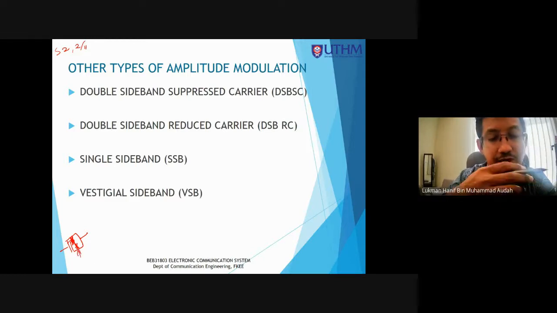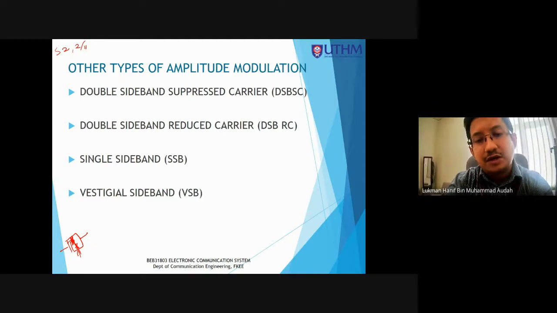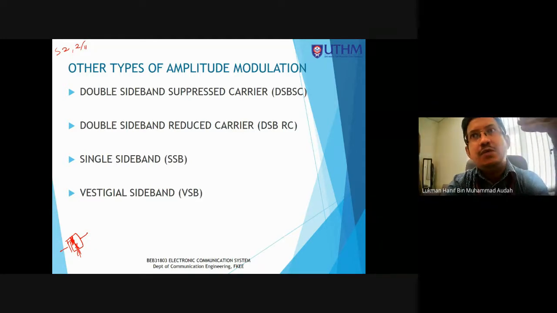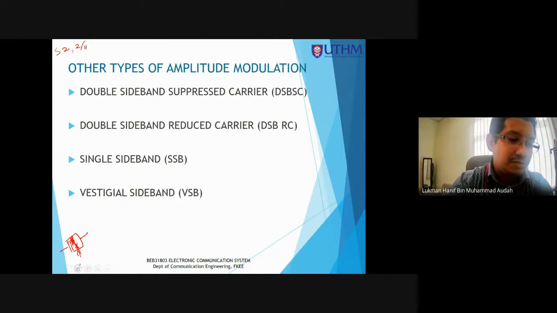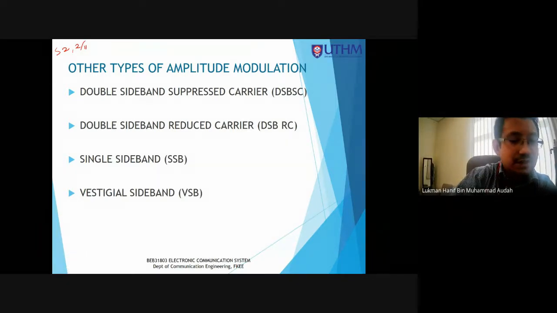And then we have a few other processes, for example, we amplify the signal, we filter the signal, and then we transmit. Sorry, gambar saya ni tak berapa cantik. So apa yang saya nak jelaskan adalah